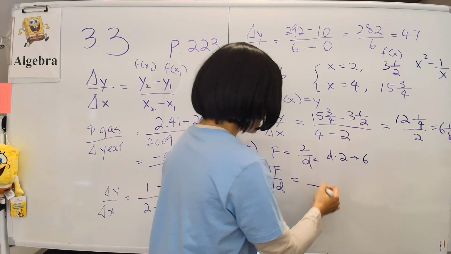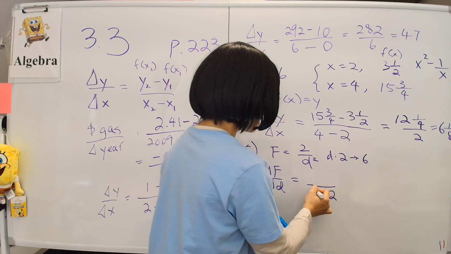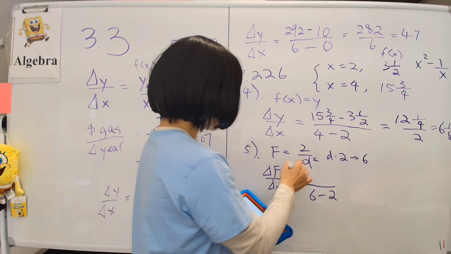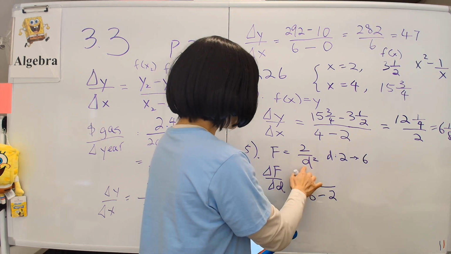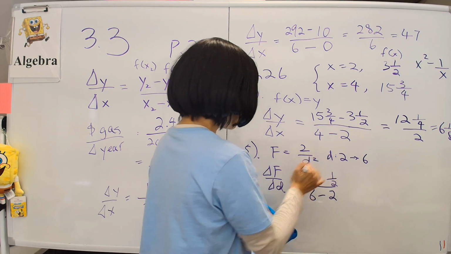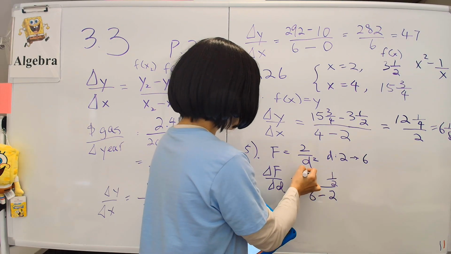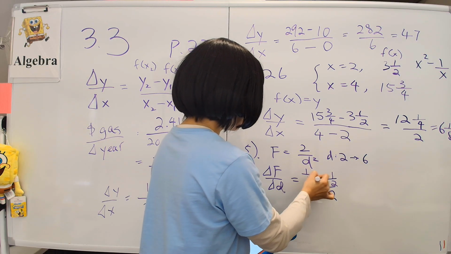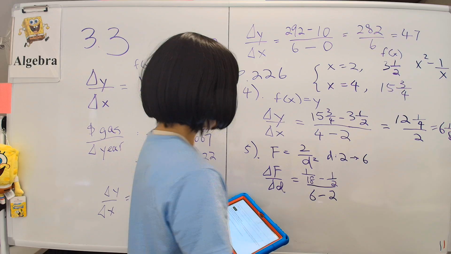So d changes from 2 to 6. So we have 6 minus 2 as the delta d. And delta f, we plug 2 in here, that's 1/2, okay? And if you plug 6 in there, that is 1 over 6 squared, 1 over 36. That will be 1/18. And we'll do the subtraction, something like that. And then